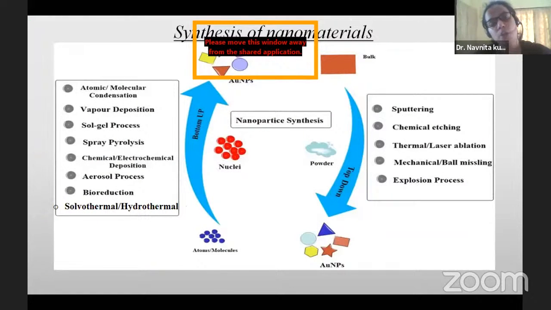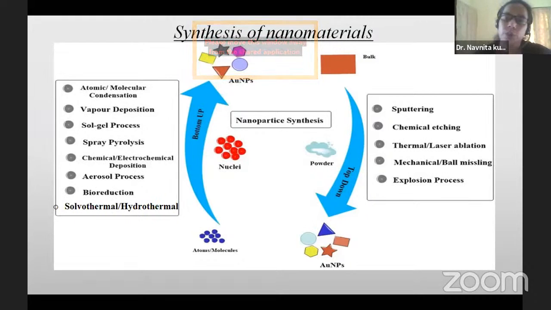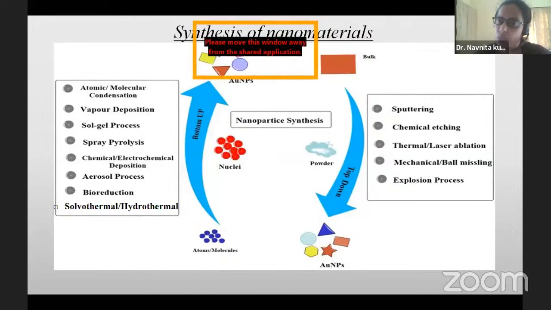Now let's move towards how we synthesize nanomaterials, how we have to prepare them for our application purpose. First, we have two main methods: the top down or bottom up approach. In the top down approach, we take the bulk materials and, by cutting or by any mechanical or chemical means, go towards the smallest particle. And in the bottom up approach, we take the atomic and molecular level